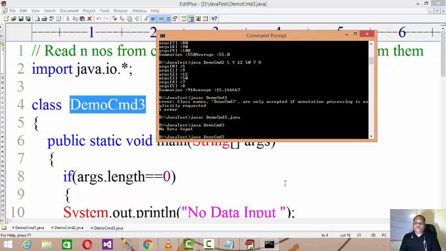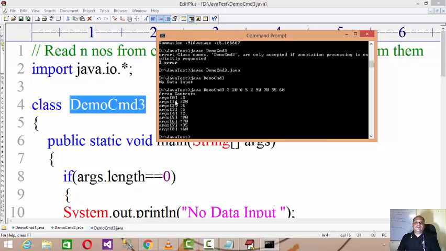No data input, and if we input any random data, 3 20 6 5 2 90 70 35 6 whatever 60, so you'll get.